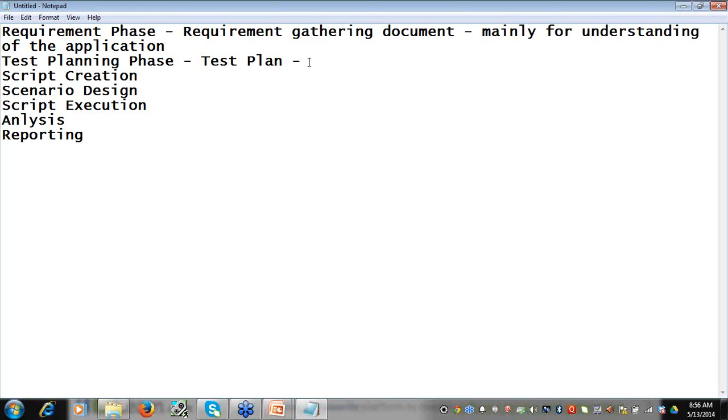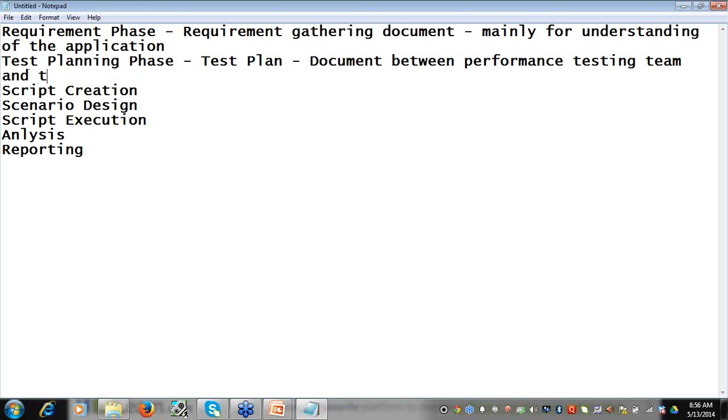This is the main document between the performance testing team and the client. This is a sign off between the team and the client, so that whatever is mentioned would be executed on that test plan document.